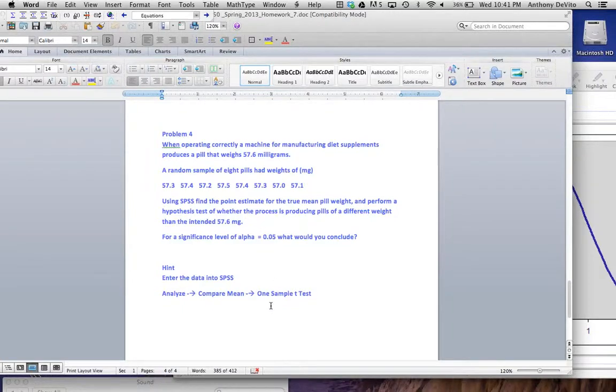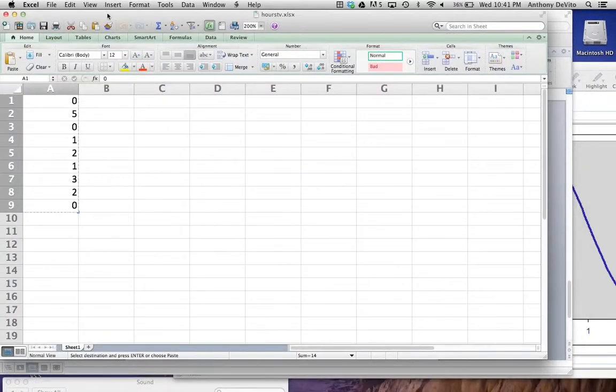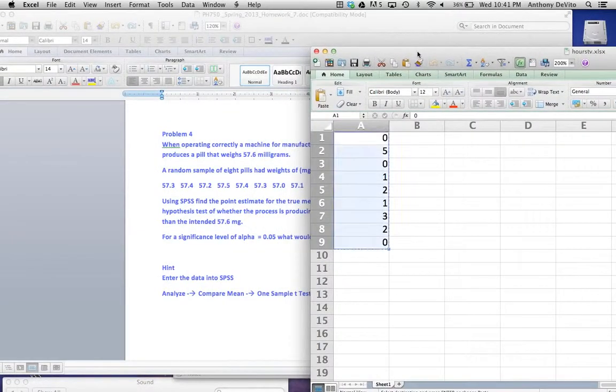So I'm going to do this a couple of ways. First way is I'm going to open up Excel. And this is not, it didn't ask you to do this. I'm going to do this just because I think it's a good way to look at this. Let's see, these pills,